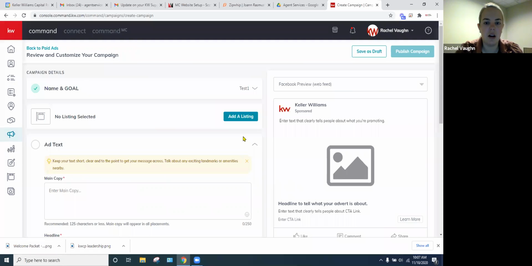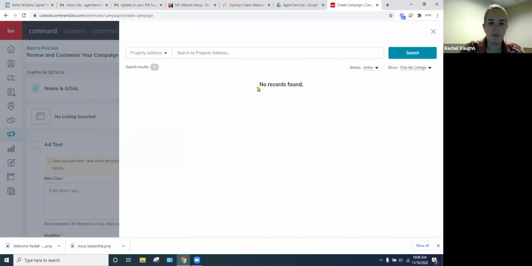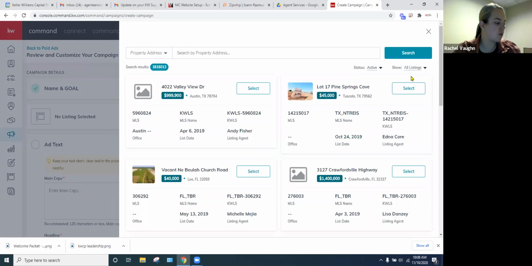And then here is your little screen. If you are promoting a listing or attracting buyers, you will be able to select a listing in the KWLS. So we're just going to click add a listing. And if you notice, it says no records found. It's because it's filtering for only my listings. Typically, if you were an agent, this would be where you would go, but because I'm not an agent, I don't have any listings. So I'm going to change this to all listings. If for some reason yours isn't working, or